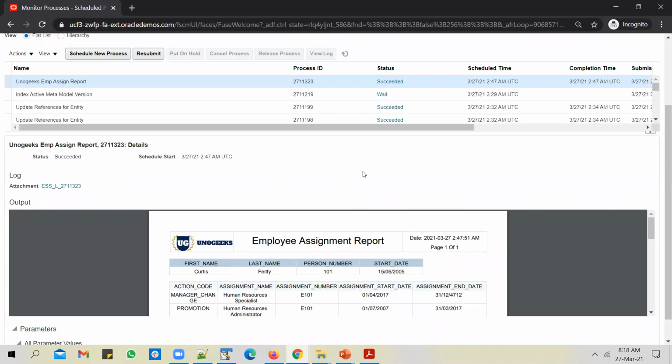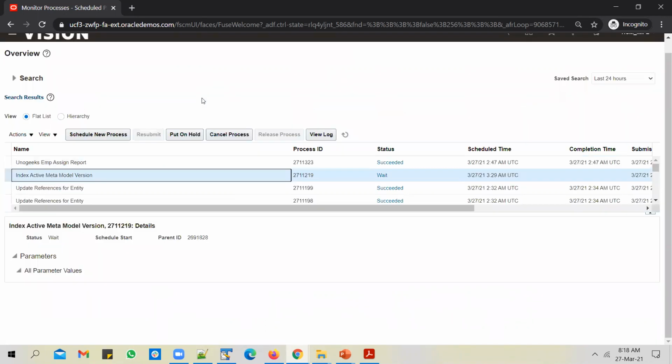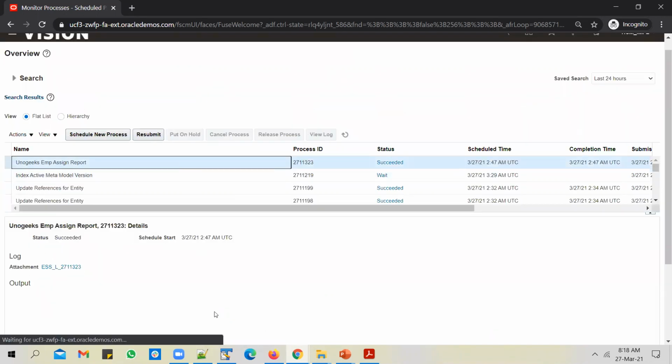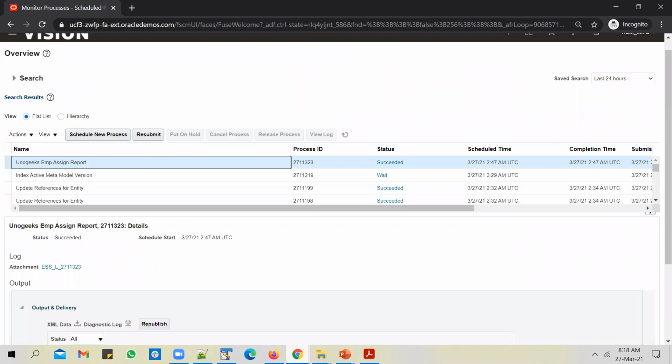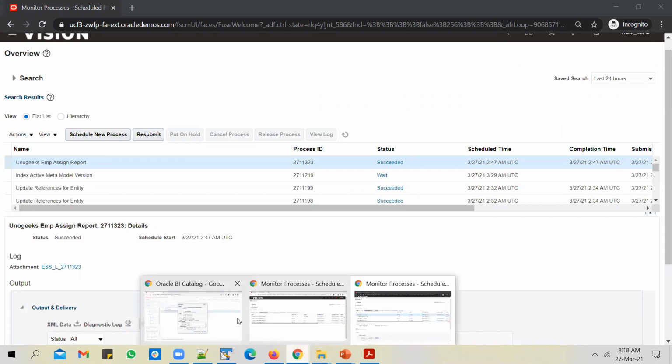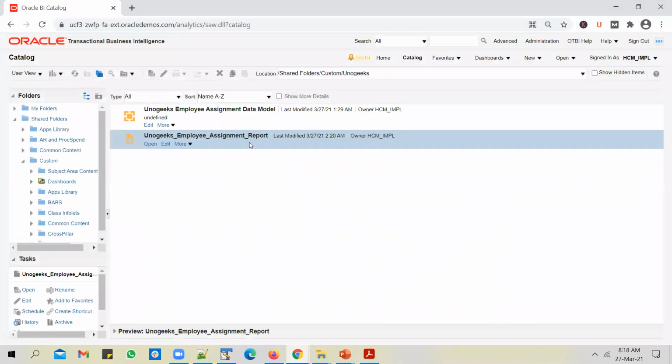So what would have happened in the background is, when we submitted this report, we attached the report ID, right? So this ESS job would have kicked off this report in the background, and this report refers to this data model. So this data model would have been kicked off internally.